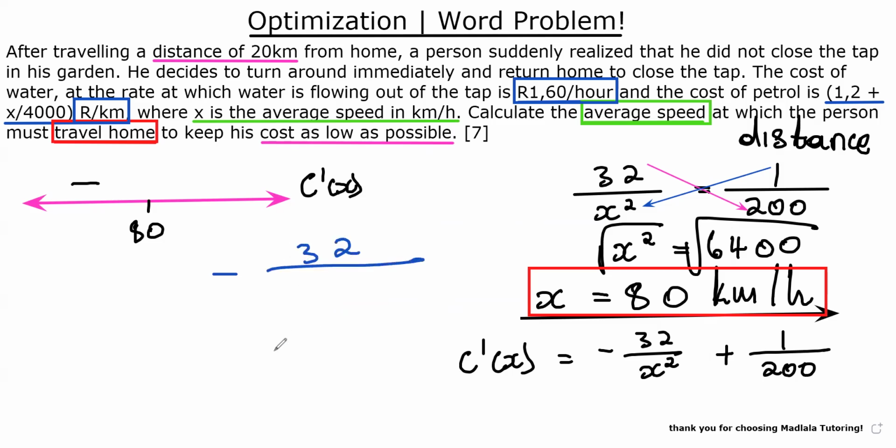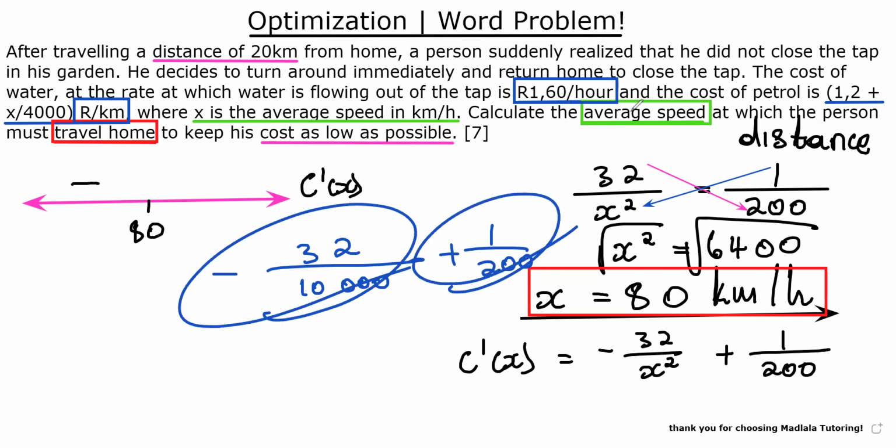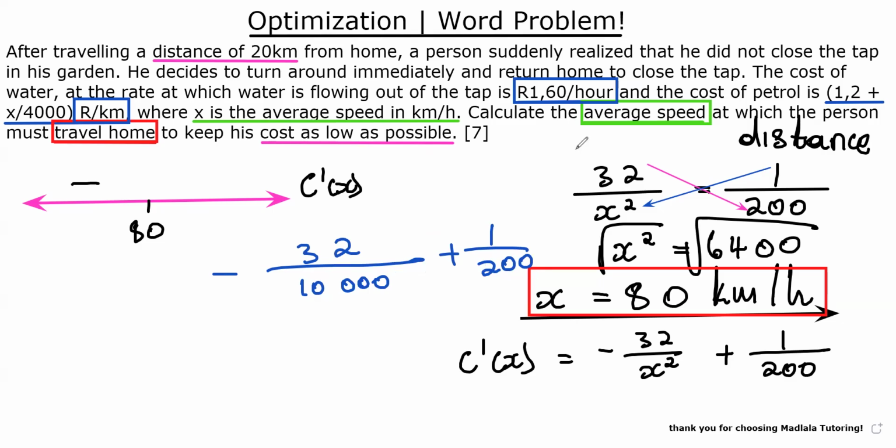Well, you are just going to have negative 32. So if you say 100 squared, you are simply going to get 10,000, okay? So here you have 10,000, and you want to add it to 1 over 200. So the question is, between these two, which one is the smallest? That's a very, very good question. Well, right away, we can see that this one is the smallest because it's not 32 over 1,000 or what,